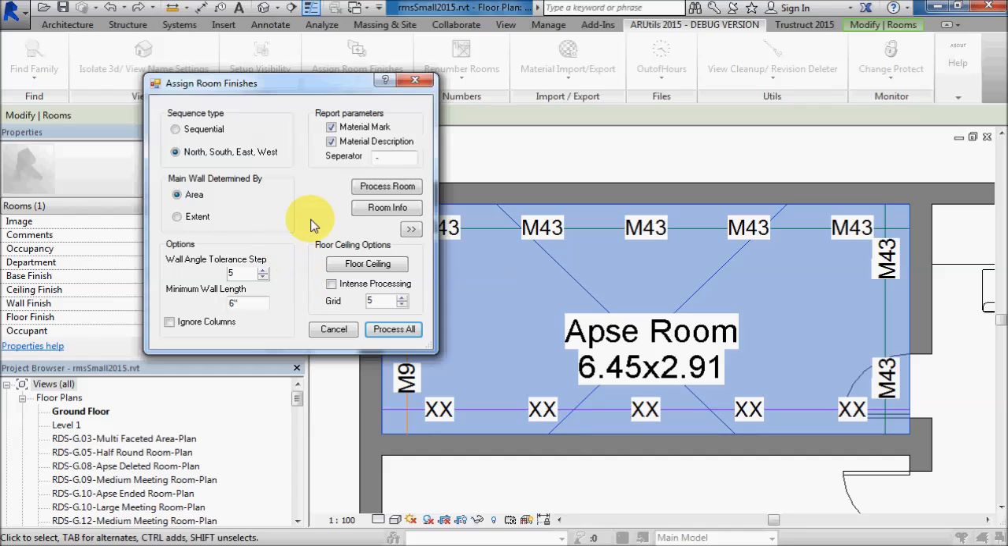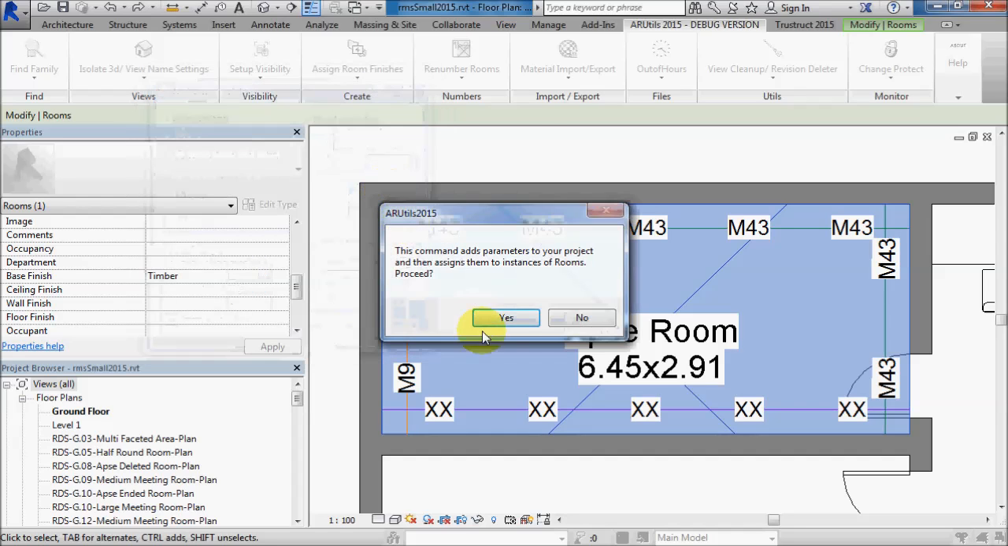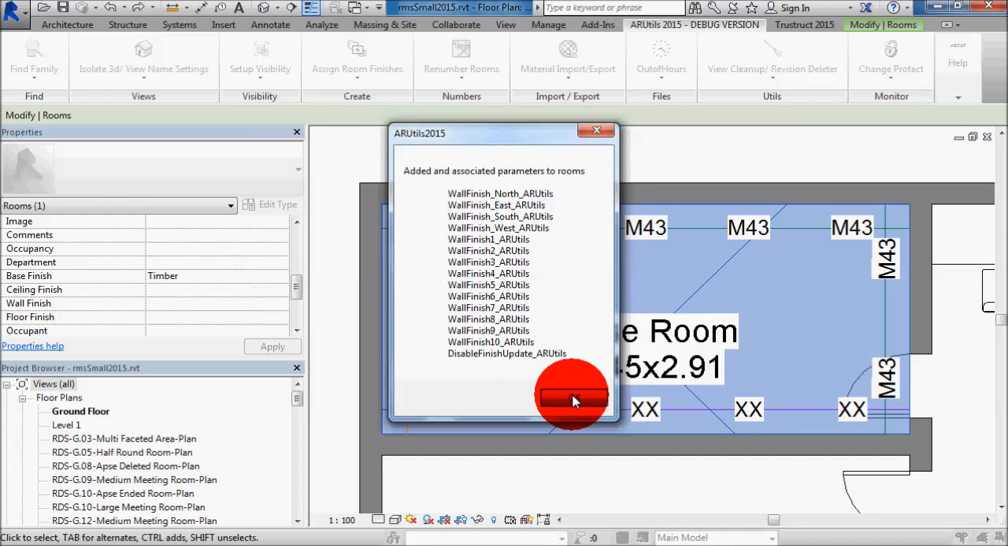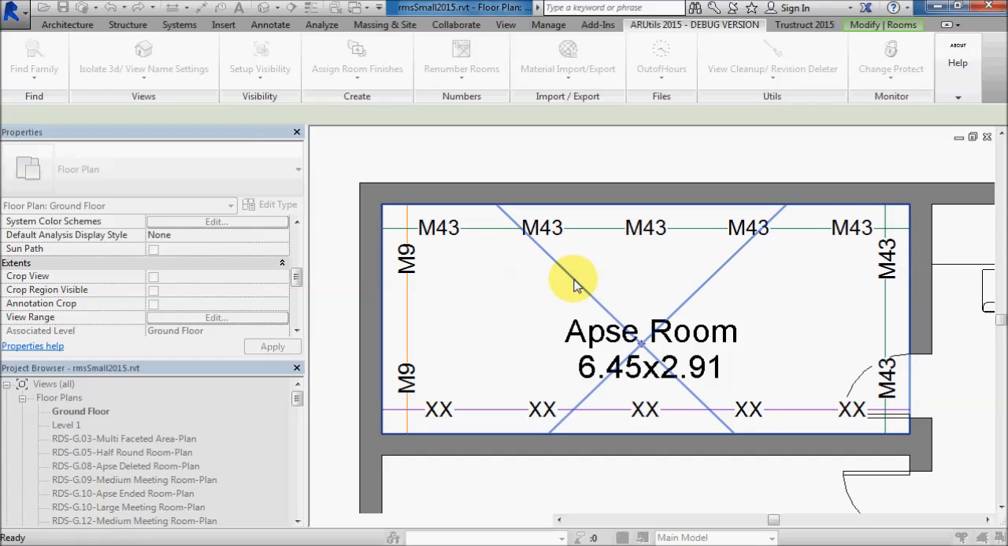So if we bring up the room finishes command, this will add parameters to your project and fill those parameters that I just mentioned with values that relate to the material mark and the material description. We can do it based on north, south, east, west walls, or we can do it sequentially around the room. Let's just process a room to see what result we get. Okay, so parameters are going to be added to our project and associated to the rooms category. If we now pick a room, now assign those,